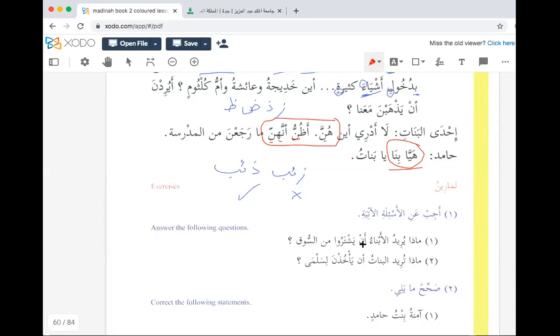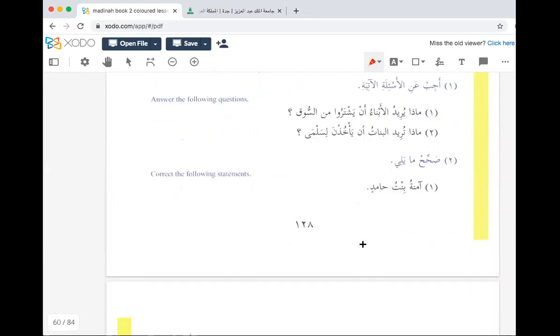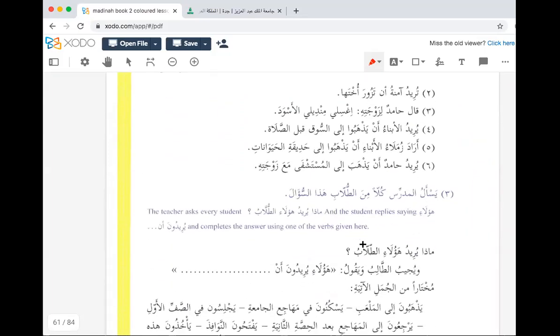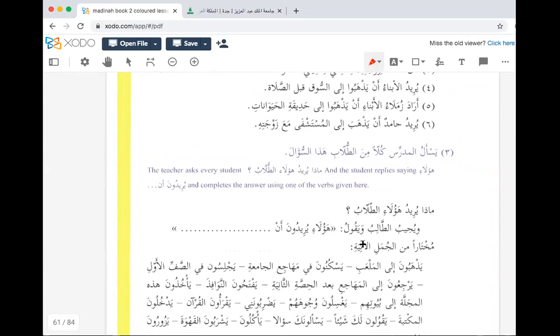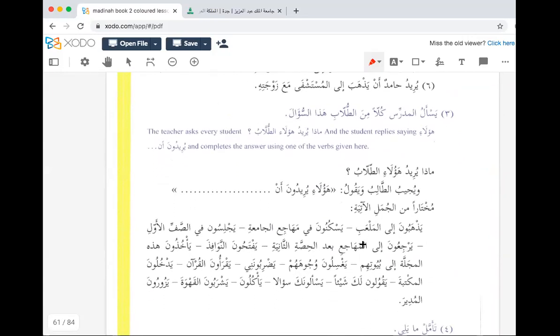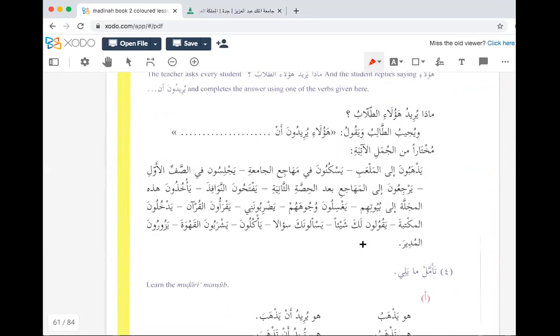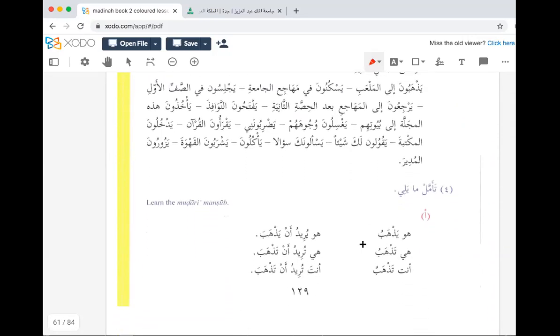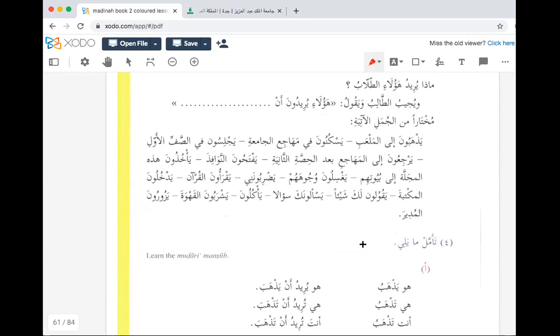Okay, jazakum Allahu khayran. Let's rush through, see what we can pick up of benefit from the exercises that have been laid out over here. It says over here,